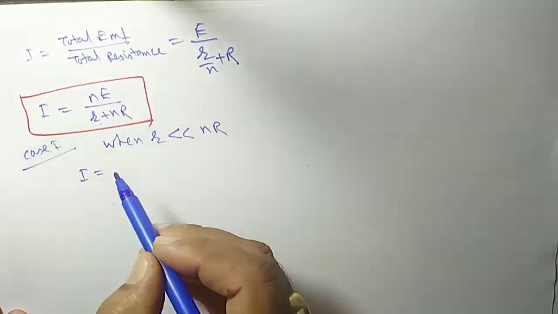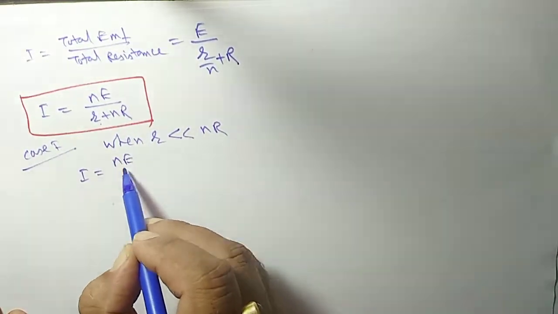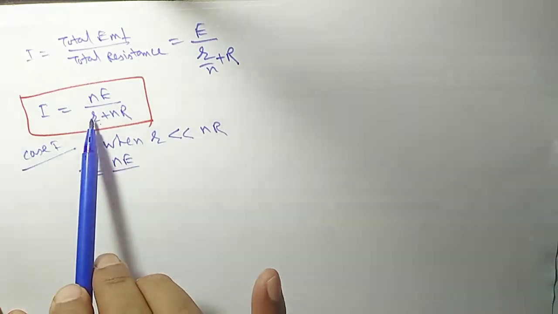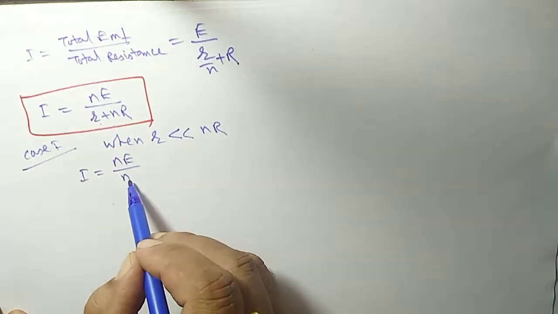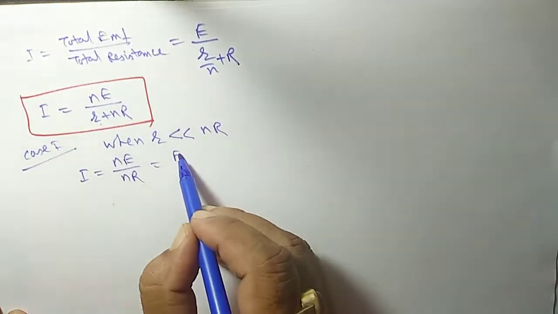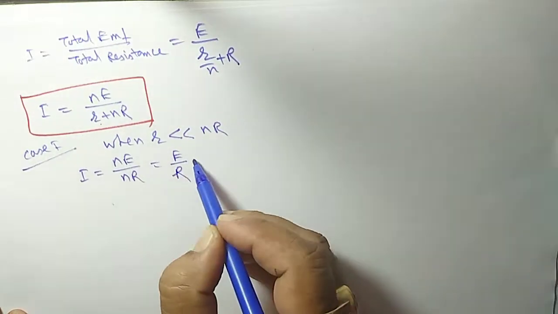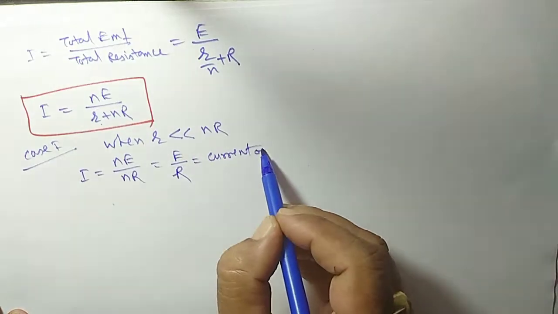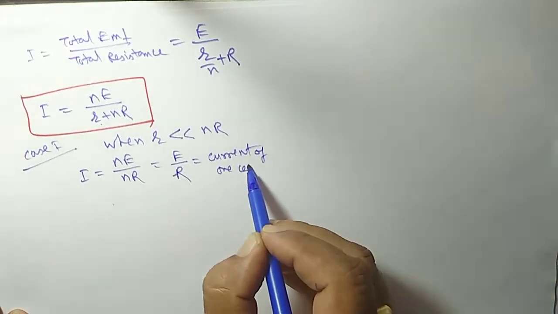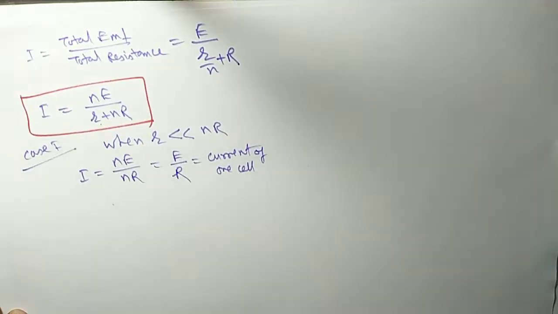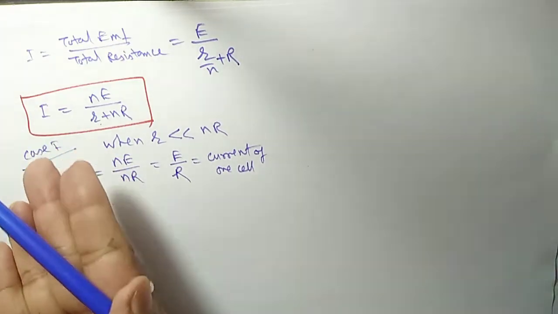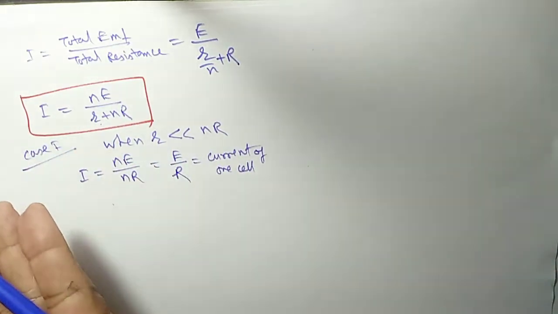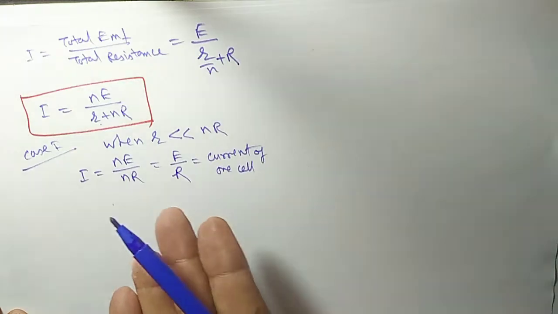So I in this case is equal to nE, we are neglecting here small r, so it is nR, or it is equal to E upon R. So it is the current of one cell only. Okay, it is not beneficial. What is the advantage if we are connecting so many cells and we are getting only the current equal to